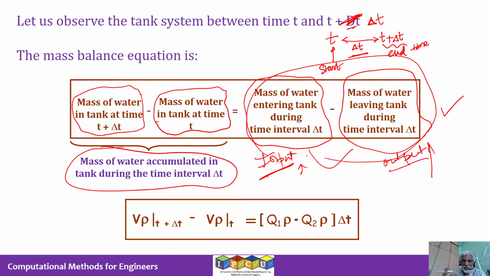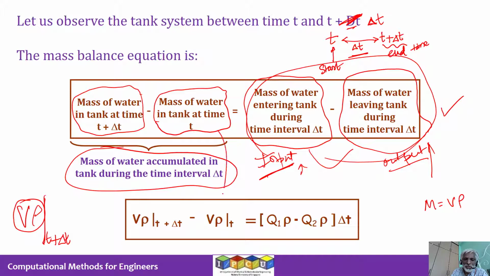All right, now from the description, we will go to the symbols. So what is the mass of water in tank at time t plus delta t? Mass is nothing but volume multiplied by density. So I can write this mass of water in tank as V times rho, volume times density at time t plus delta t. So if you put this vertical line and say t plus delta t there, it means whatever this quantity, V times rho, is at time t plus delta t,